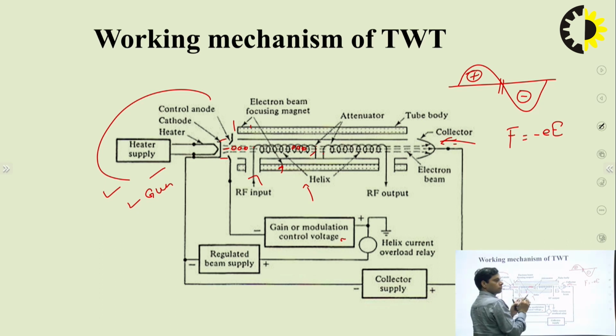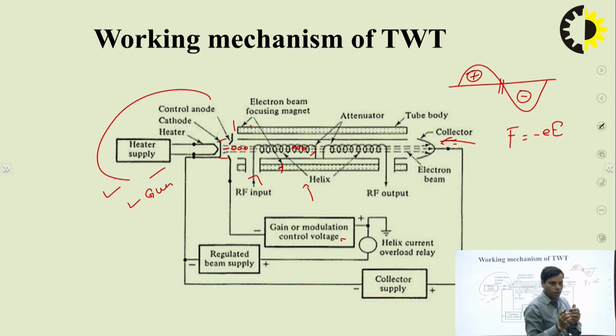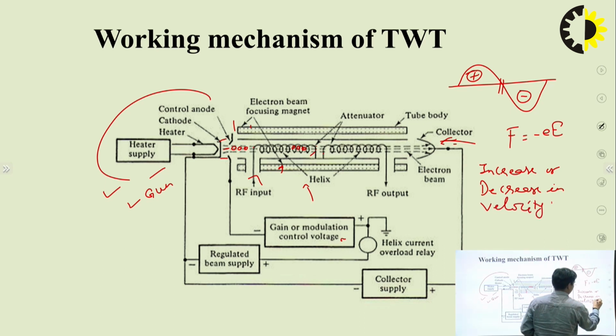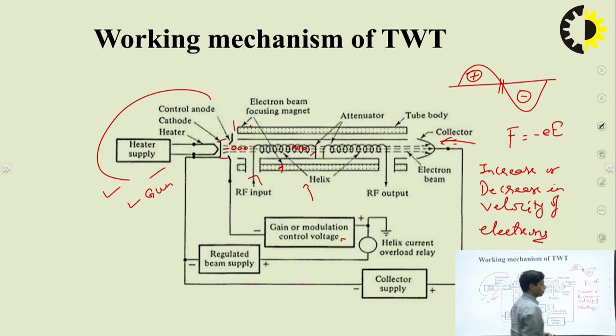So the major point to note here is the velocity modulation, that means the reduction, increase or decrease in velocity of electrons. So that's why velocity modulation will take place, and the gap is now reducing between the electrons after a certain